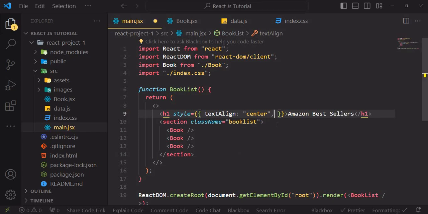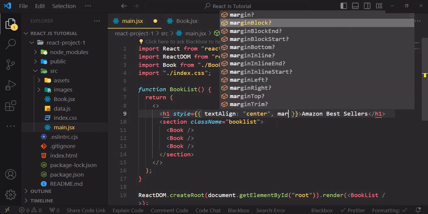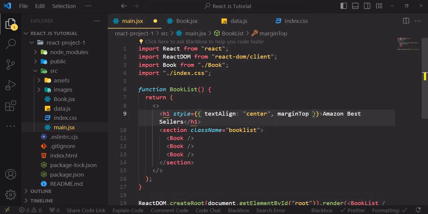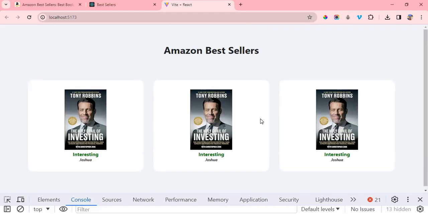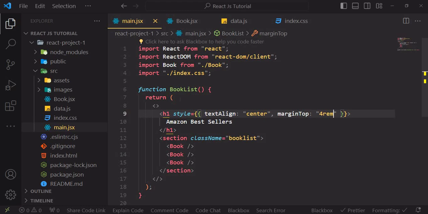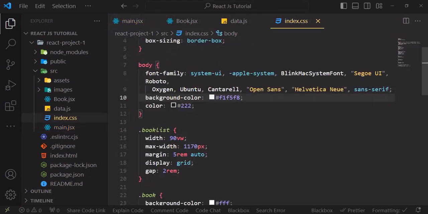So the margin top, let's do margin top here. It's going to be inside the quote. Let's save that. So we are good to go. Can you see? Beautiful. Then in the index.js, where we have